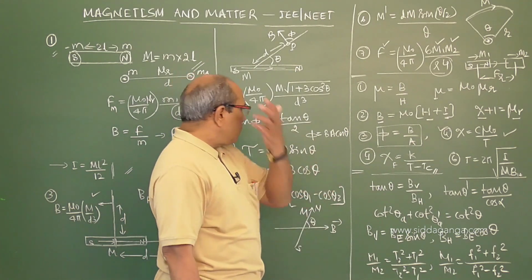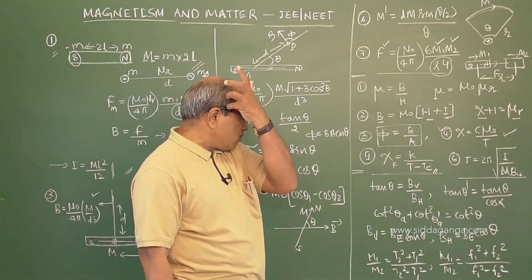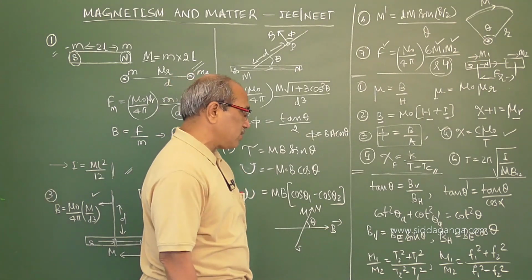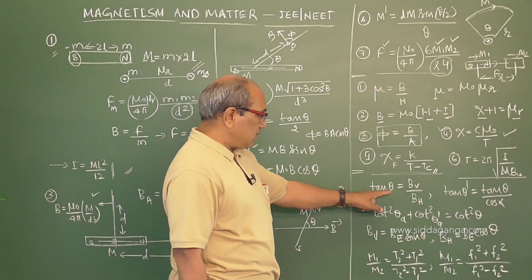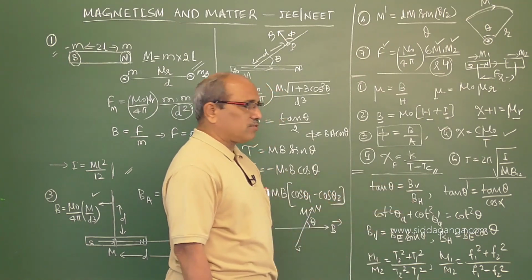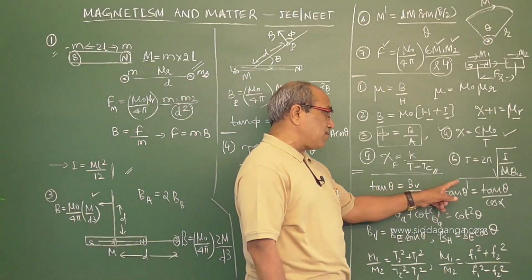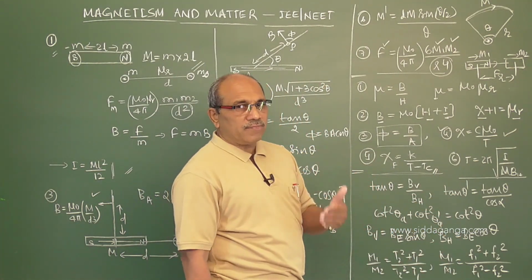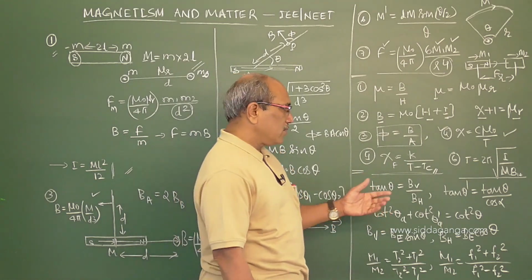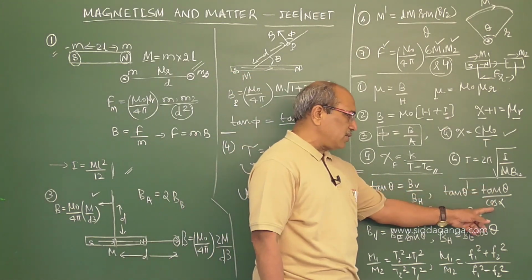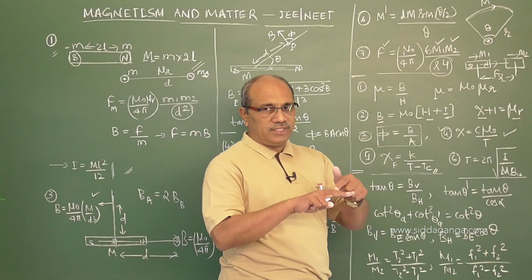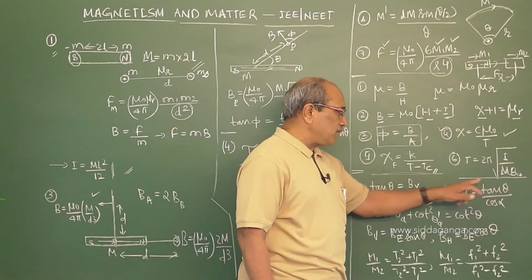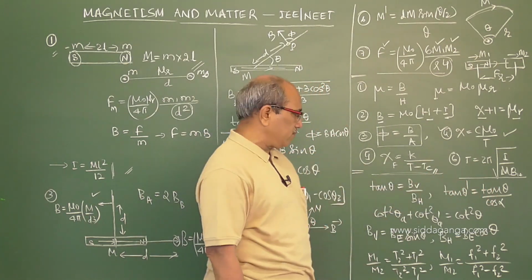Earth's magnetism, magnetic elements of the earth: we have discussed dip, declination and horizontal component. And you come to know tan theta, dip, is equal to BV by BH. And also we brought a relation for apparent dip. If the dip circle is not maintained in the magnetic meridian, then tan theta dash equals tan theta by cos alpha, where alpha is the angle between the magnetic meridian and the dip plane. Theta is the true dip and this is the apparent dip measured in that plane.